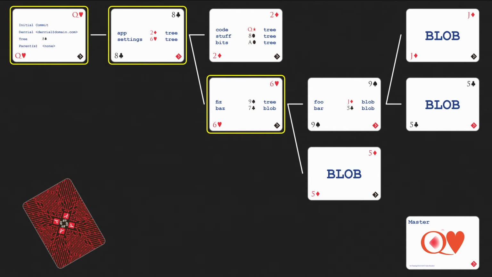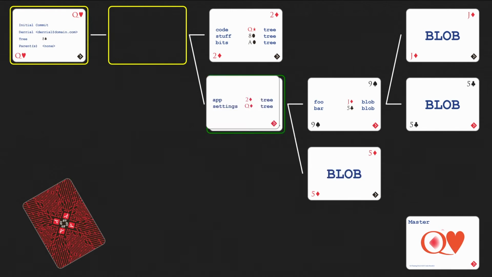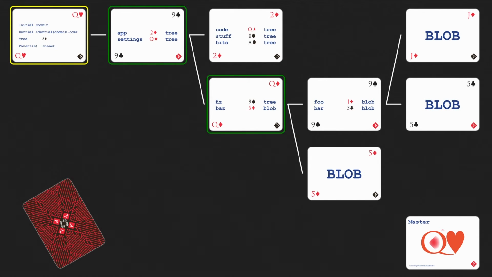Because the hash of the file is changed, all of the tree objects that reference it are now invalid, so they will need to be updated and recalculated. We'll work our way up the tree to the root, and update the contents of the index as well. Finally, once we've crafted our commit in the index, we're ready to commit.